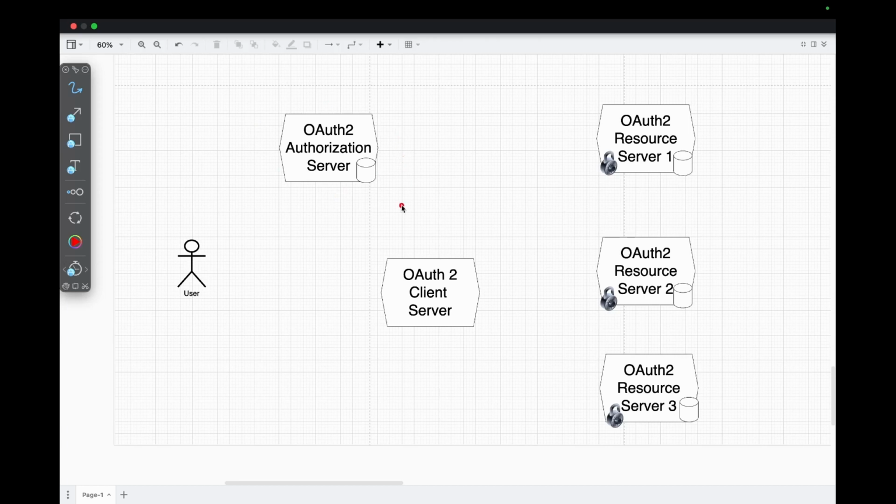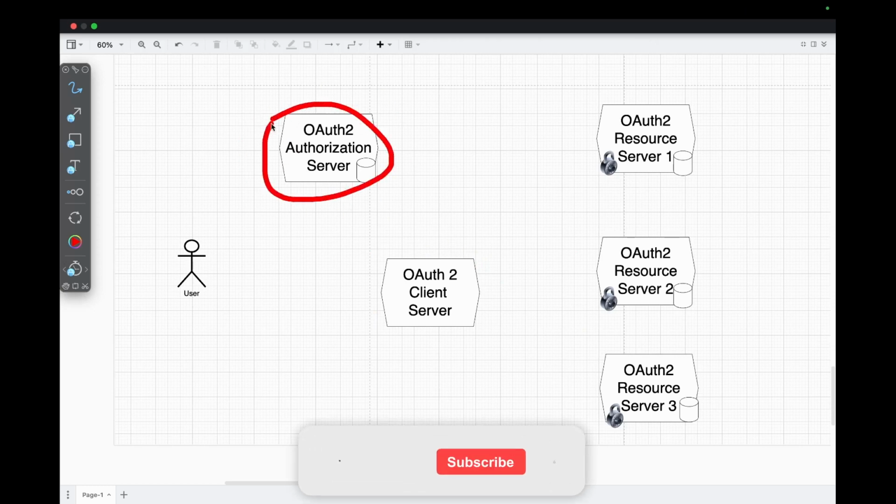So we'll also take a look at these ones as well, so that we can bring the entire idea together and see it in action. But this is going to be the star of the show, so we'll focus more on this authorization server and